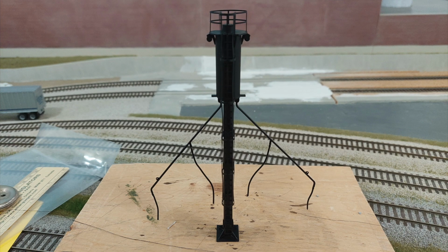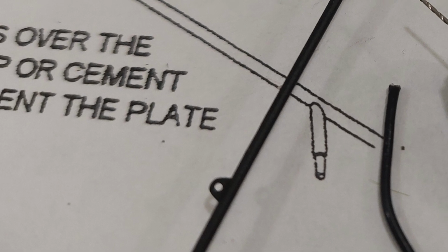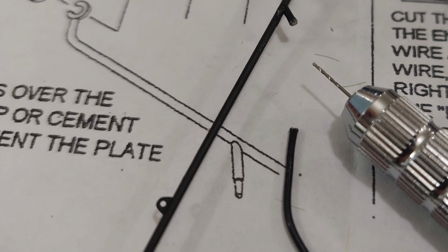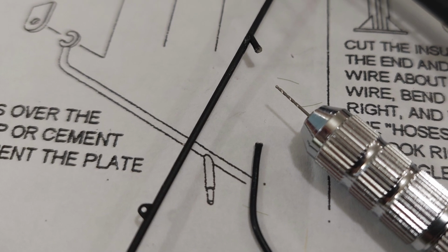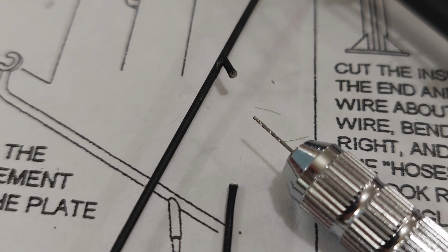When we last saw the sanding tower, we had just test fit one of the hoses. Here we see that all 4 hoses are connected, but it wasn't easy. The kit comes with tiny little plastic pins molded onto the arms that you slide the empty wire onto. That little pin is very easy to break off, and that's what happened to me. So I had to resort to drilling out with a very, very fine tip drill a hole